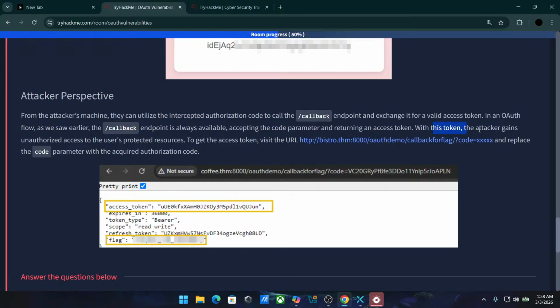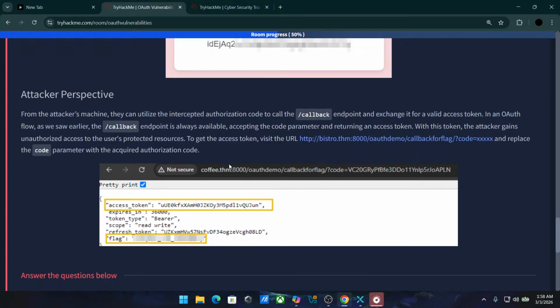With this token, the attacker gains unauthorized access to the user's protected resources. To get the access token, visit this, see, and replace the code parameter with the